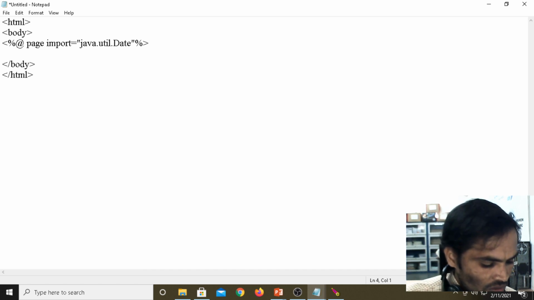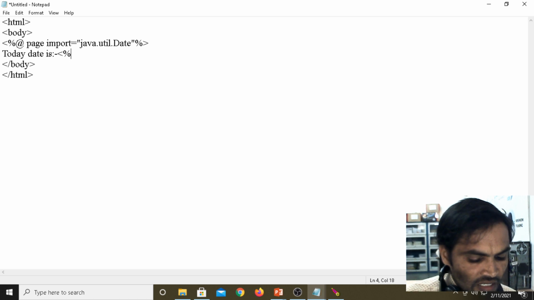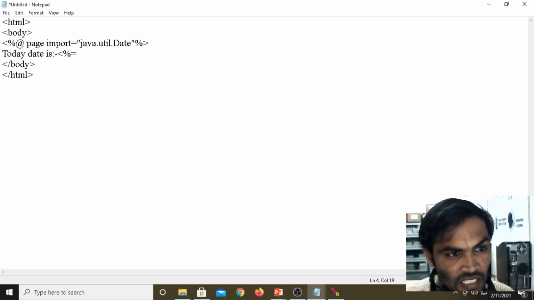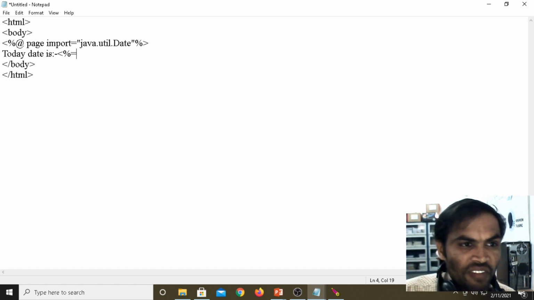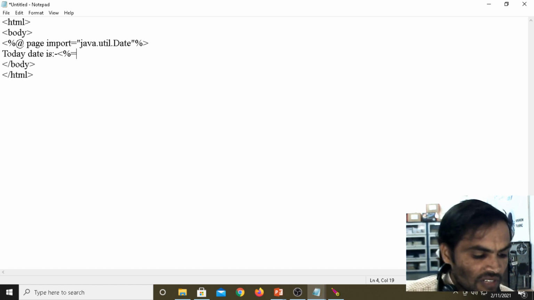Now, today's date is, and here we are using an expression, not a declaration. For a declaration we use the exclamation mark. Here the expression with the assignment operator will be there: new Date, we are creating the object new Date.